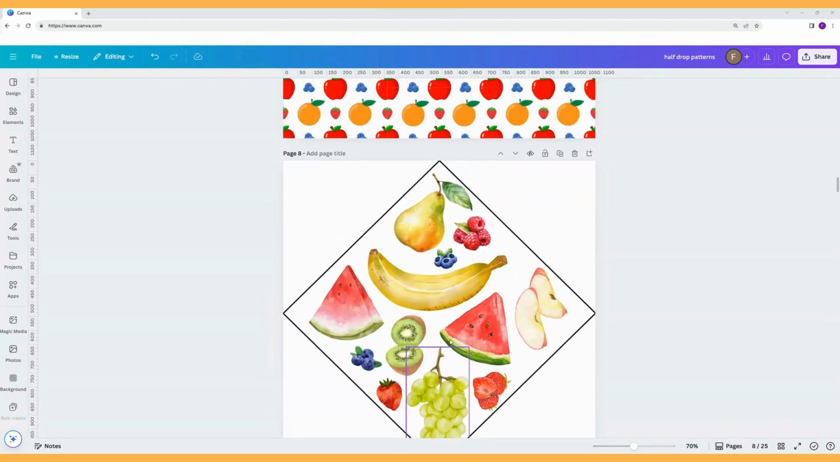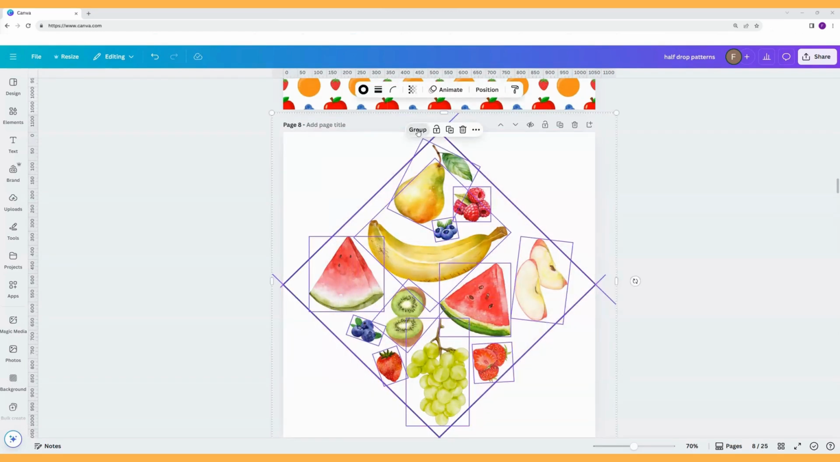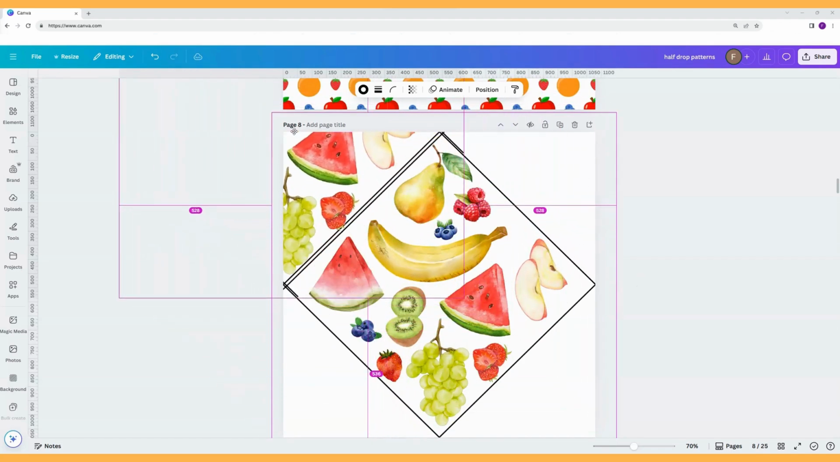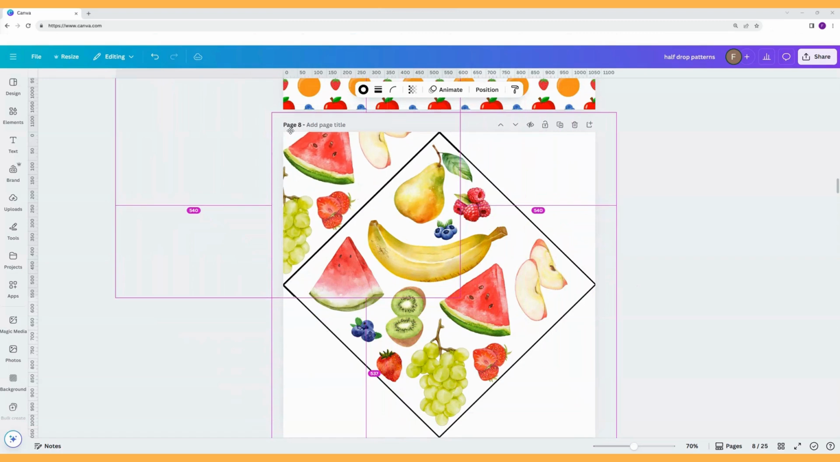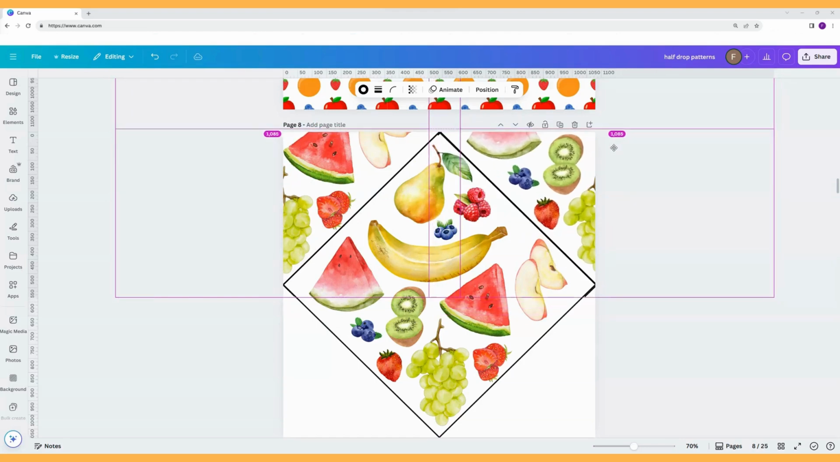So let's start by grouping it all together. And then we'll duplicate it. We can press Alt and click on it and drag it. Get these lines to line up. And then Alt again and click, and we're going to drag it right and line it up on that side,